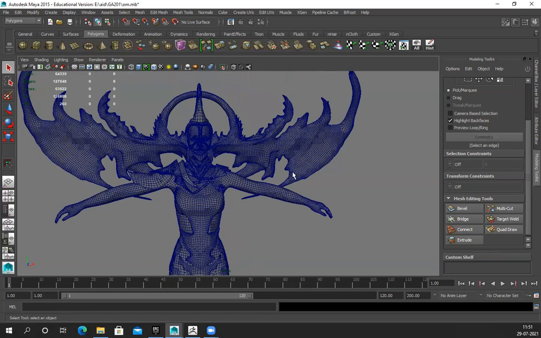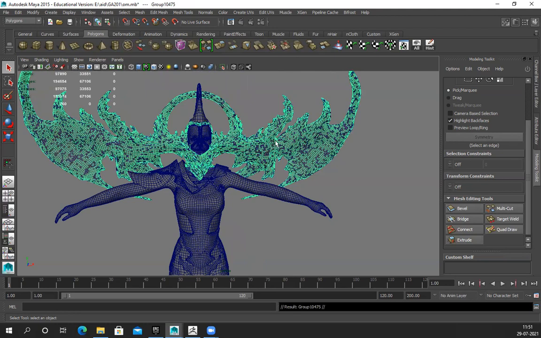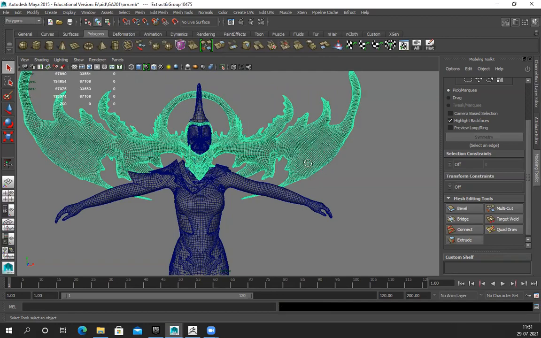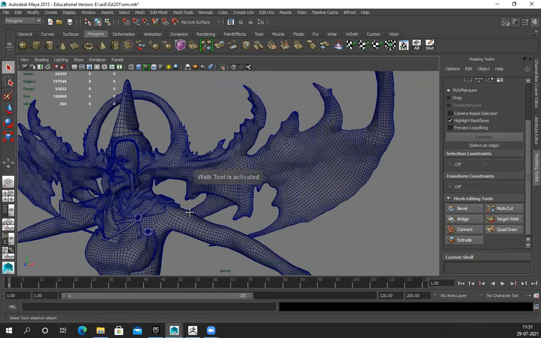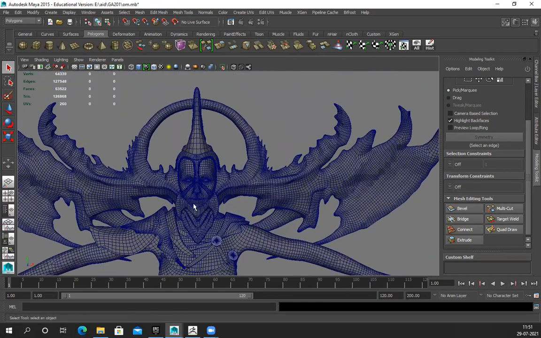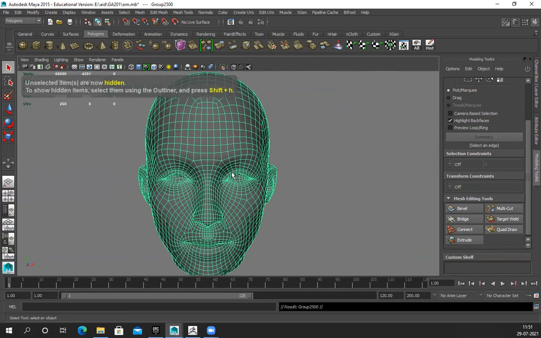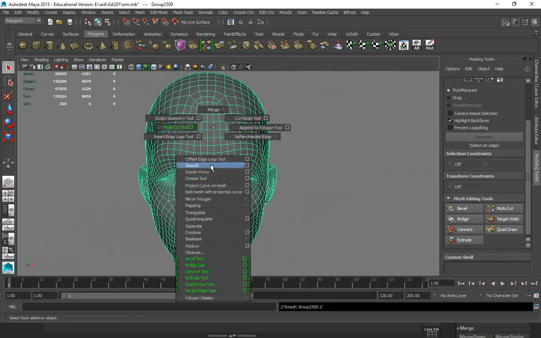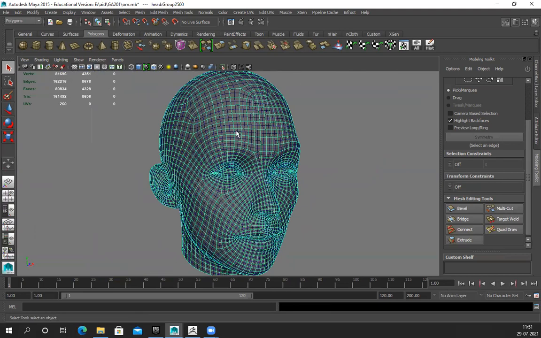Then suppose I bring this horn. Suppose this is my high poly, low poly, and I duplicate this model. Okay, this will be too much, I'll just use some other part. Let's see, the head. So suppose I have this one. So Control D and apply smooth. It's basically turbo smooth. So I have two different geometries, one is my high poly, one is my low poly.